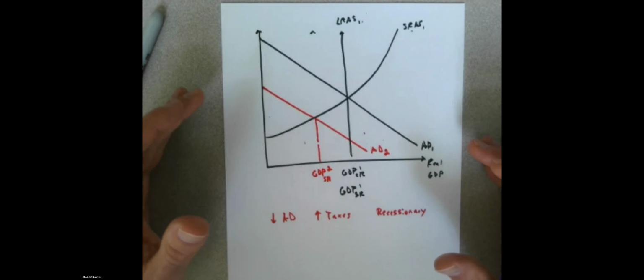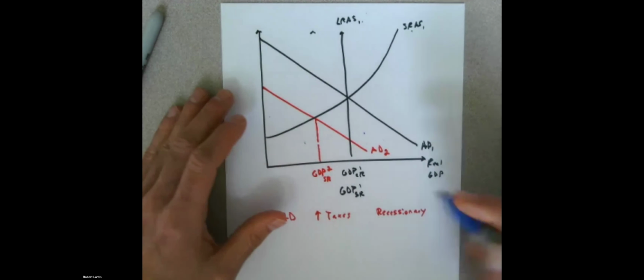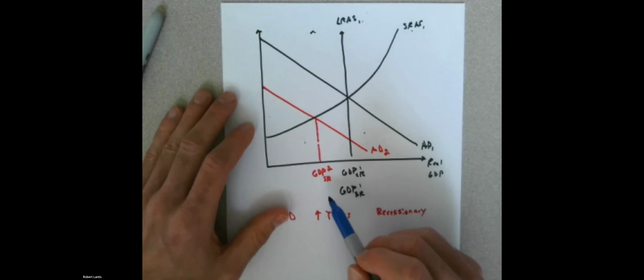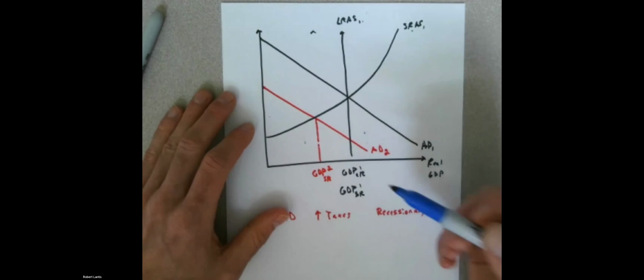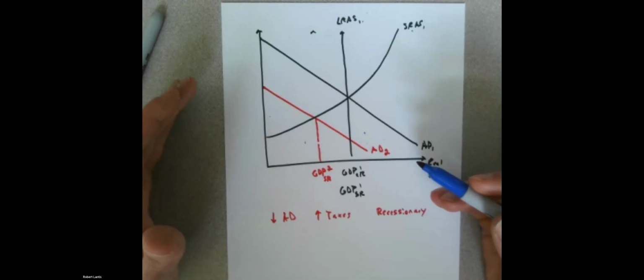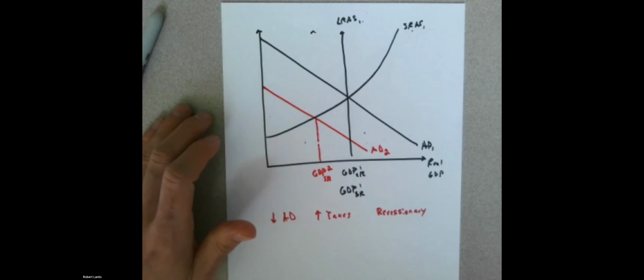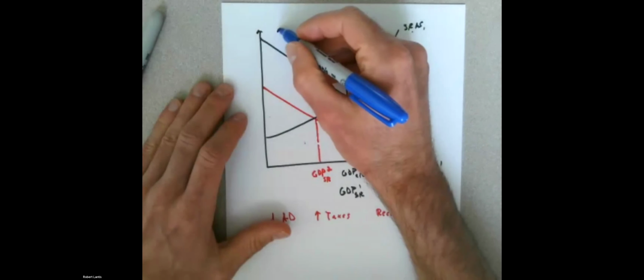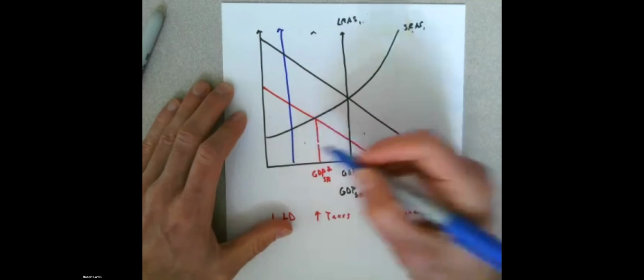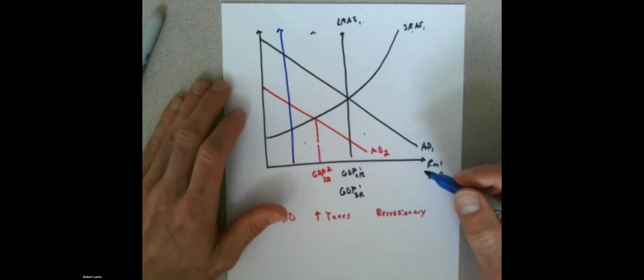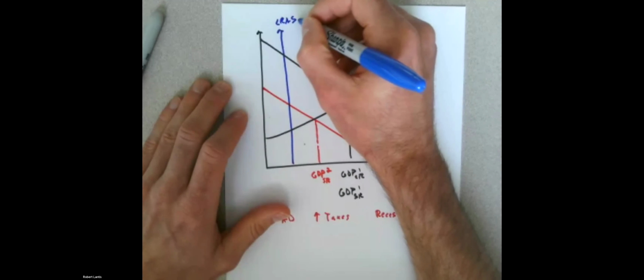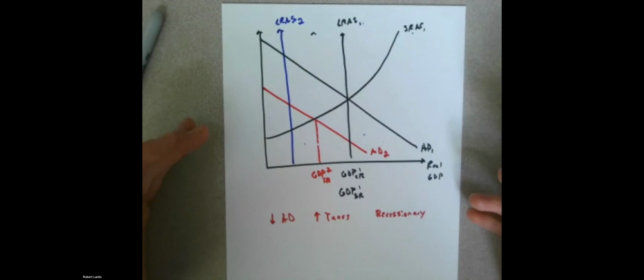So here's a weird scenario where let's just assume we did have this contractionary fiscal policy. I don't know why we would want to decrease GDP levels, but it looked like we created a recessionary gap. However, if we had a really large response in one of those factors of pull, so let's say we increase taxes by enough that we make nobody want to work. I shouldn't say nobody, but we decrease that long run aggregate supply by a ton, right? If that was the case, hypothetically, what could we end up with?